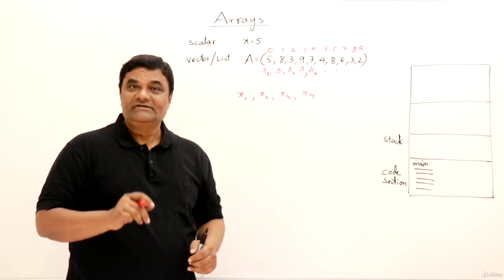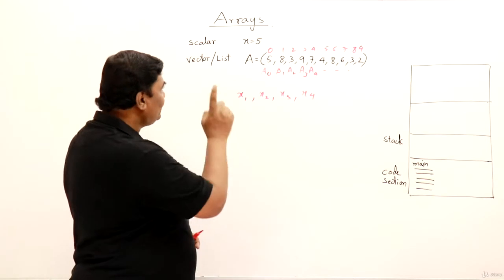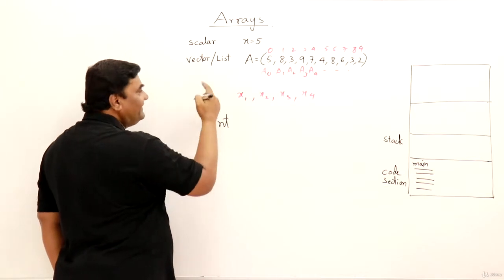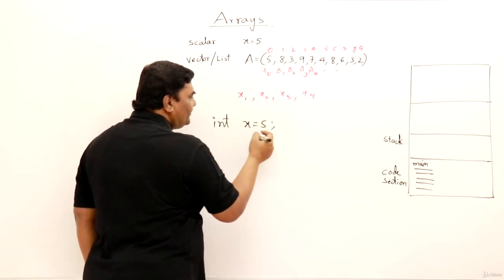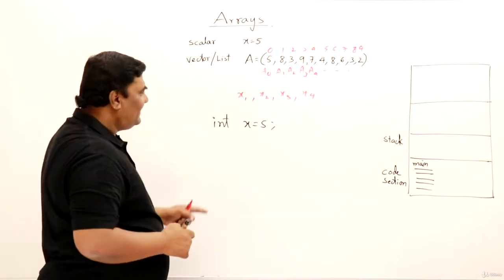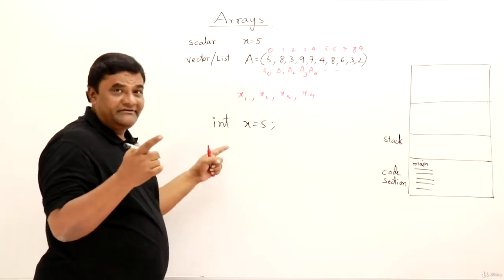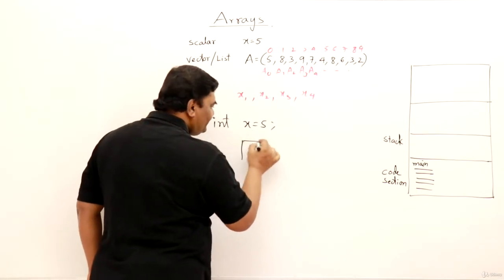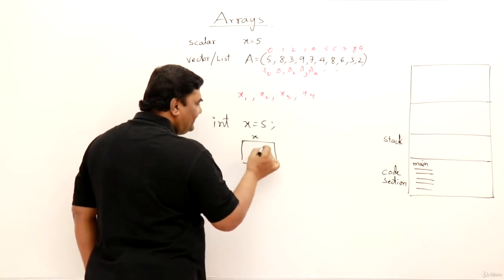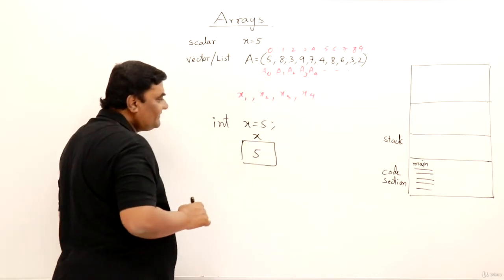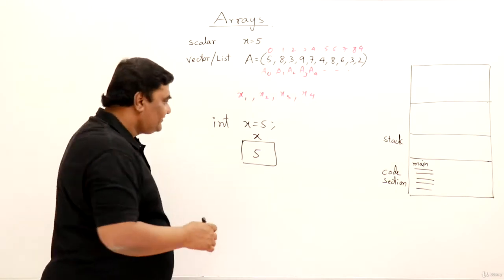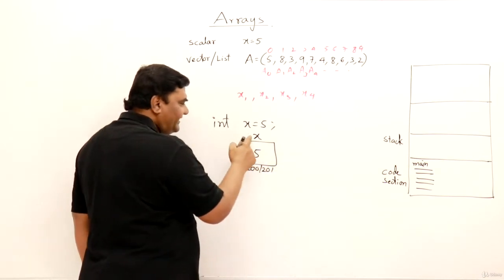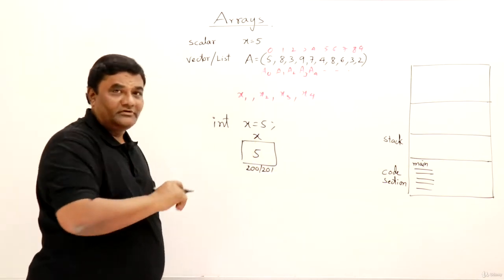So let us come to C++. In C++, if I have to store a single value, then I have to declare a variable. The variable will have a data type. Let us say it is integer type, x assign 5. So this is the integer type variable x having value 5. We know very well that an integer takes 2 bytes. We are assuming this, right? So this will consume 2 bytes of memory, and in that the value 5 will be stored. This is named x. If I write the addresses also, let us say the address of the first byte is 200 and the next byte is 201. So an integer takes 2 bytes and in that value 5 is stored. We know about this one.